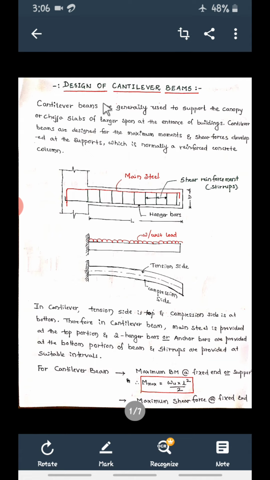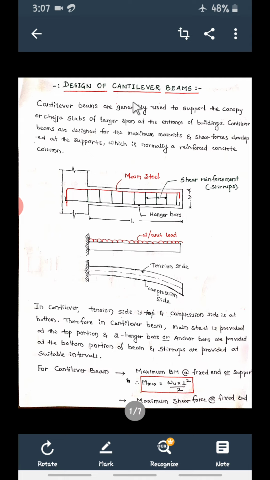Today, we're going to see one more design, that is the design of a cantilever beam. In the previous sessions, we have studied the design of singly reinforced beam, then the design of doubly reinforced beam, then we have seen the design of T beam. All these were simply supported: simply supported singly reinforced beam, simply supported doubly reinforced beam, then simply supported T beam. Now let us see if the beam is a cantilever beam, then what are the changes you can make in the design.